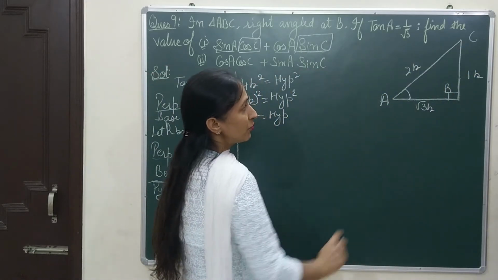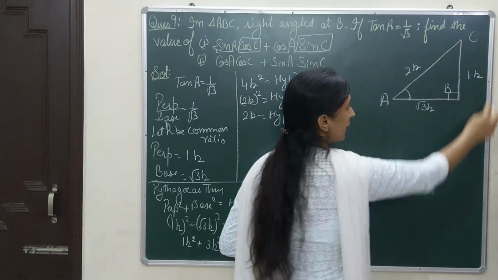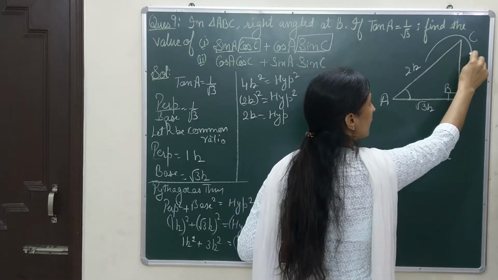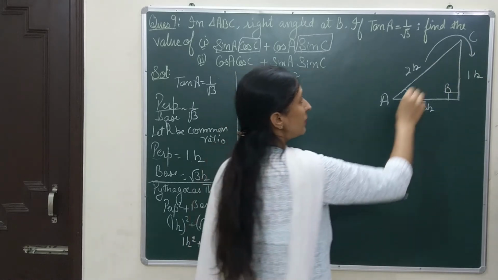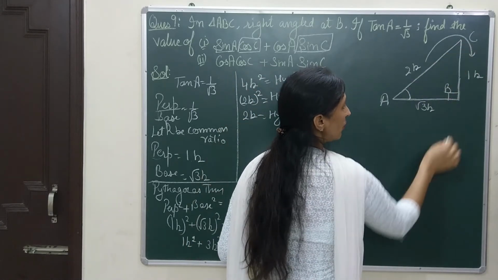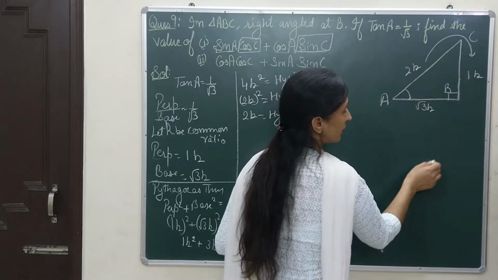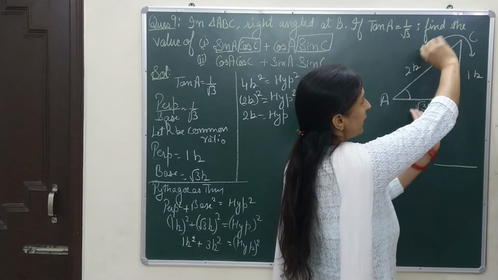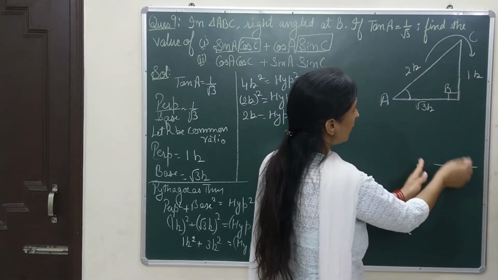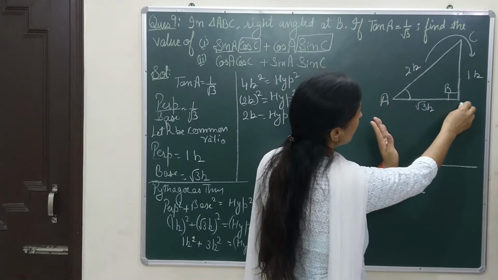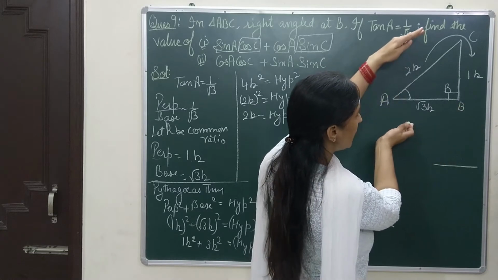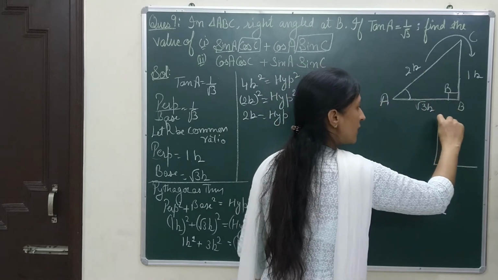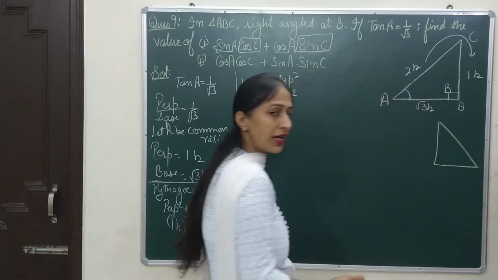So what do I have to do? I have to make this C point lie here on the ground. For that I will rotate my triangle in this direction. I will bring this perpendicular down. When I rotate in this direction, this perpendicular will become base. See, if I rotate it, this side will come down. This line, the AB base, will go in this direction. That means it will become perpendicular, and hypotenuse, being a slanting line, will again be a slanting line.